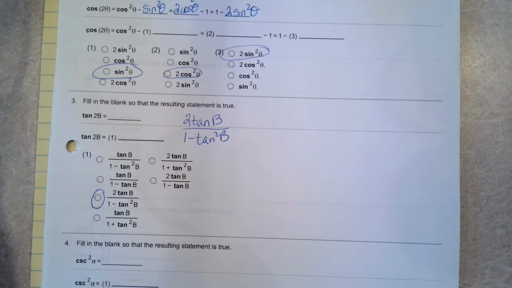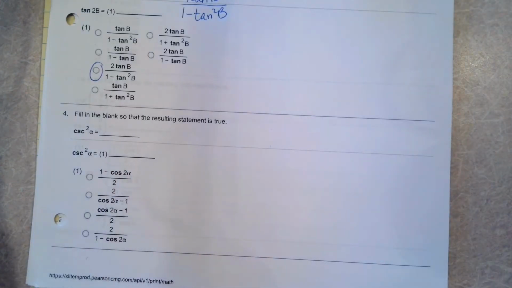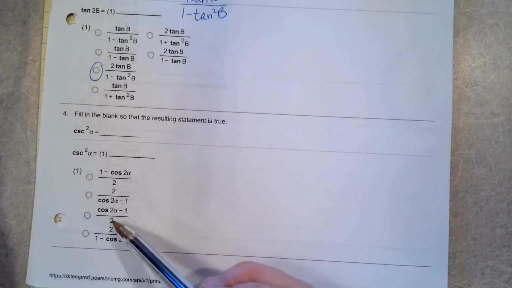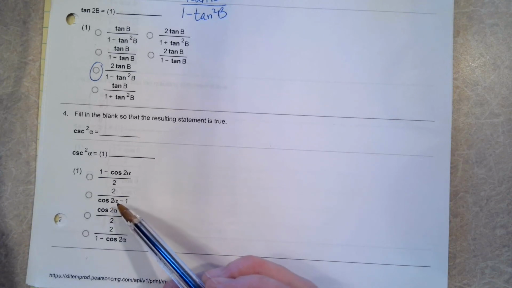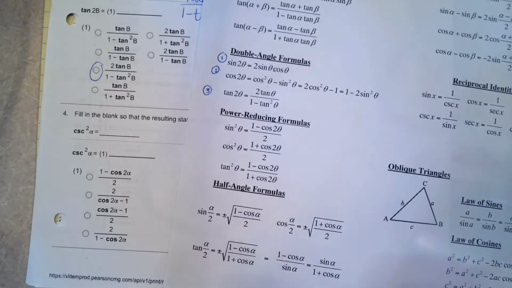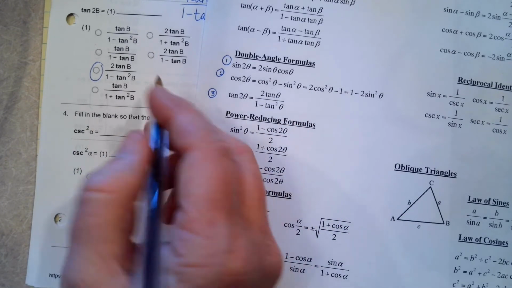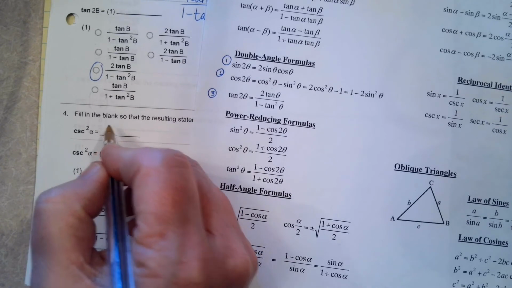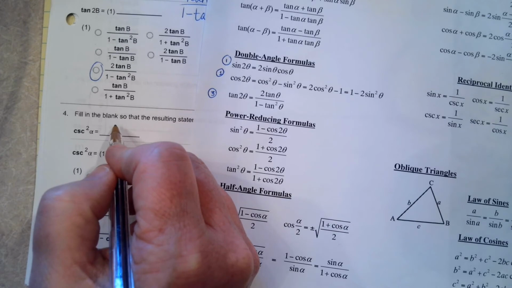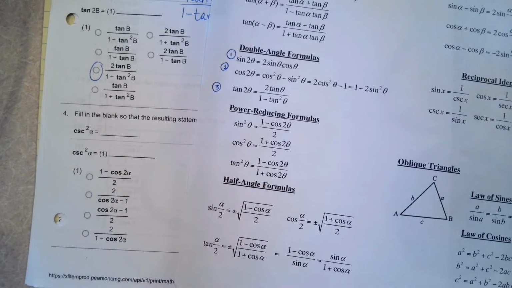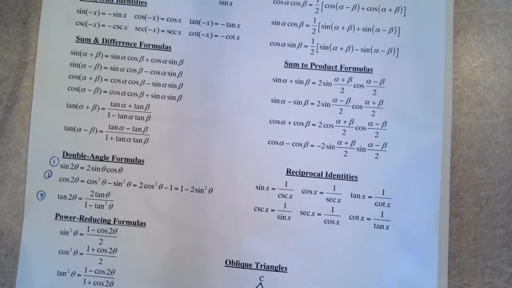Now, number 4 says, cosecant squared of alpha equals. You're probably looking at that going, where did we start? What in the world is she talking about? Well, what you need to do is look through your answer choices. They all have cosine of 2 times an angle. So I'm using some part of that. Now I know that cosecant and sine are reciprocal functions. So this is really cosecant squared equals,